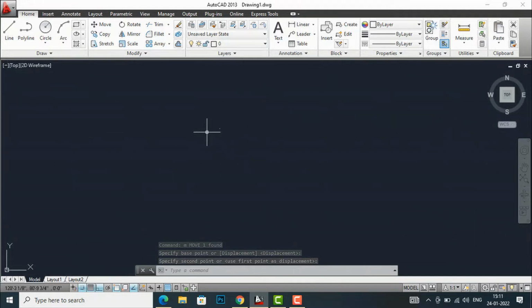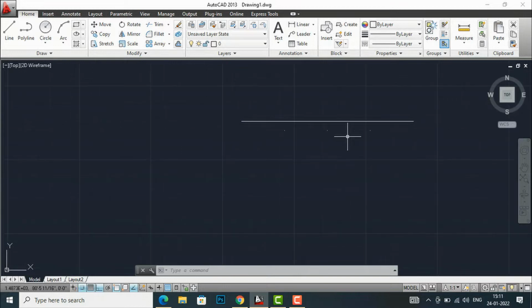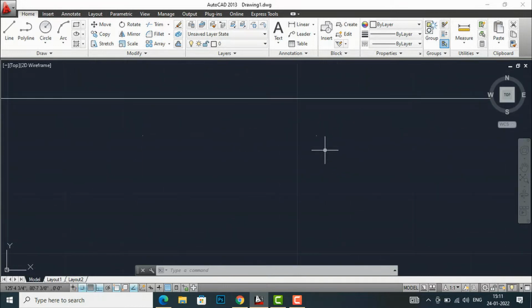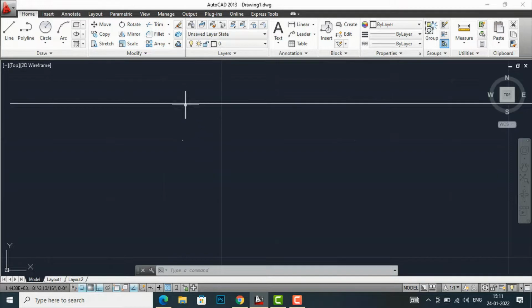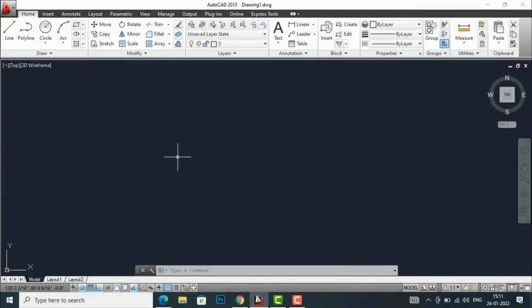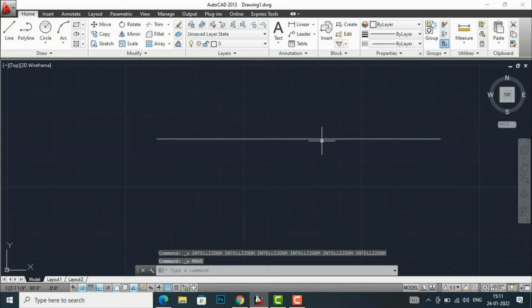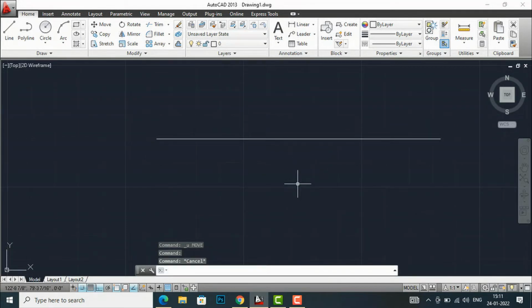If I zoom in, these are all points. Our line is divided, but it's not visible to some people with the naked eye, and also here it is not visible because the point is similar to the line weight. It is very micro in size, so we need to change the point style. We need to understand how we can change the point style in AutoCAD. So I will Control Z this, and our line is divided, but we are not able to visualize our points. So you are required to type in the command panel